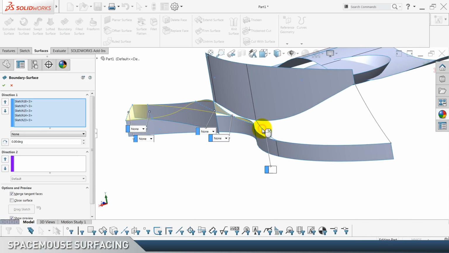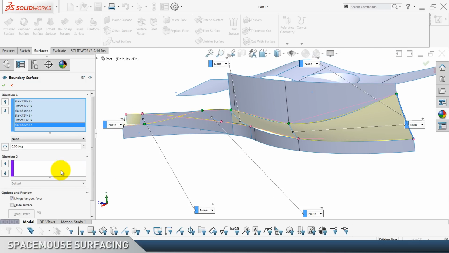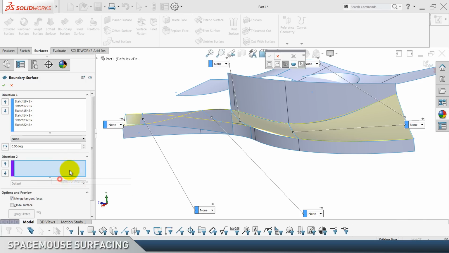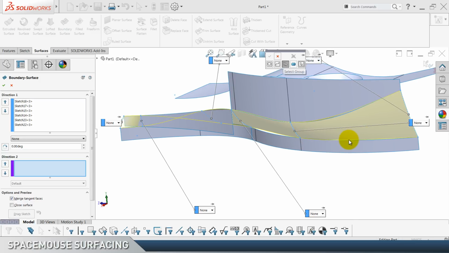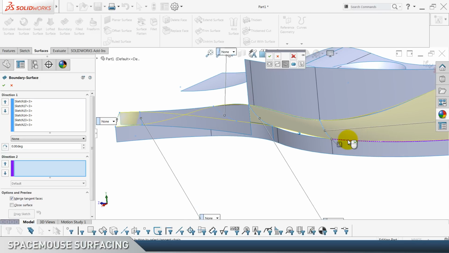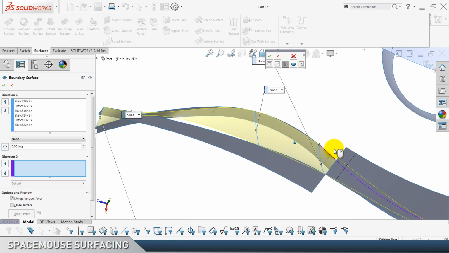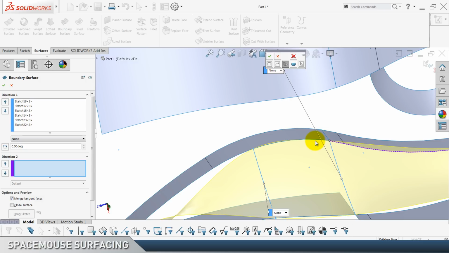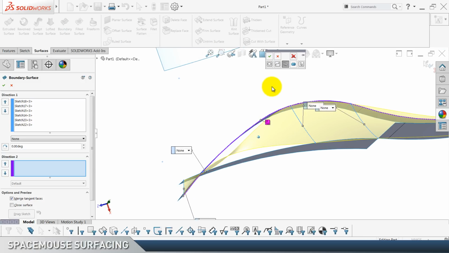And these two. Okay, now direction 2, selection manager, and make sure group is selected as option. Let's first try getting these edges here, click that one, and let's continue by adding this one and this one. Click OK,